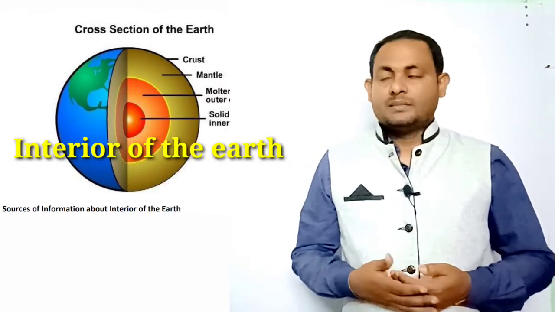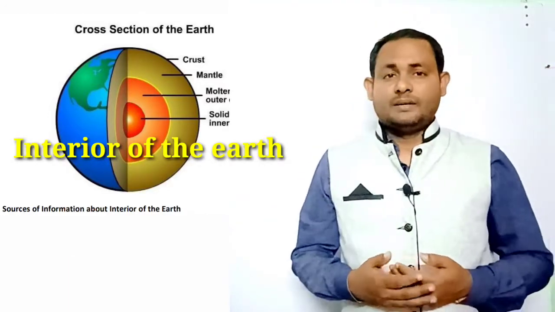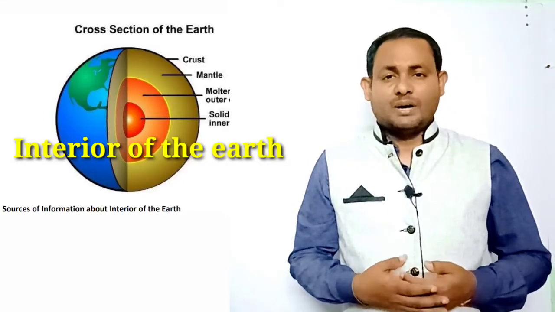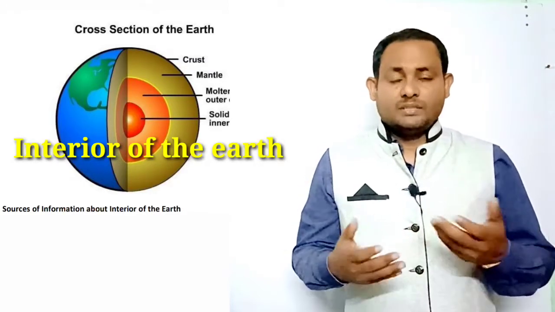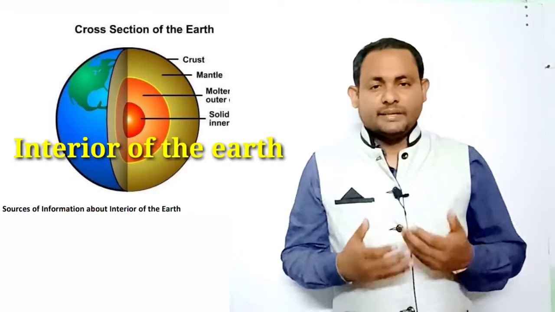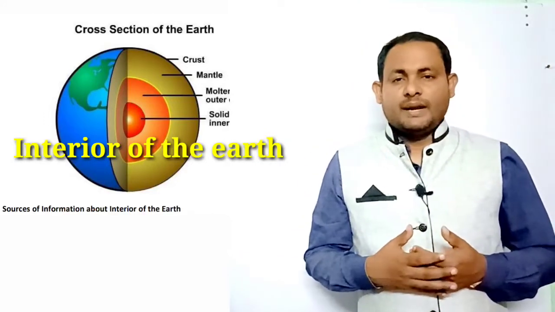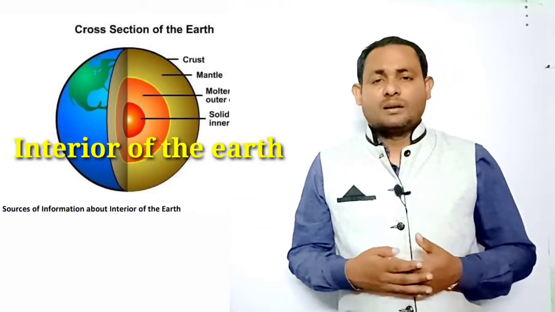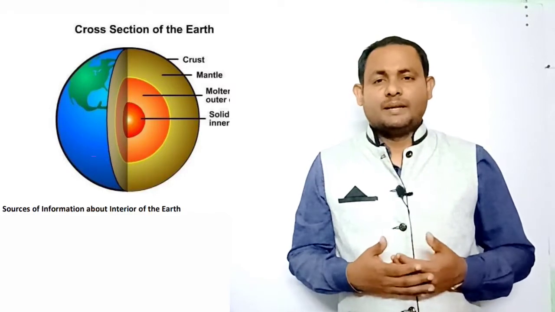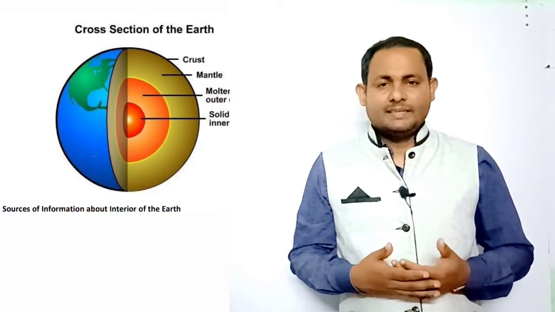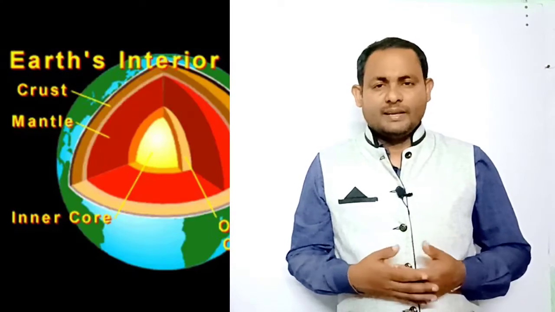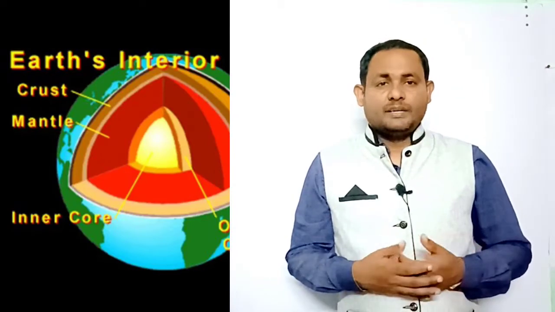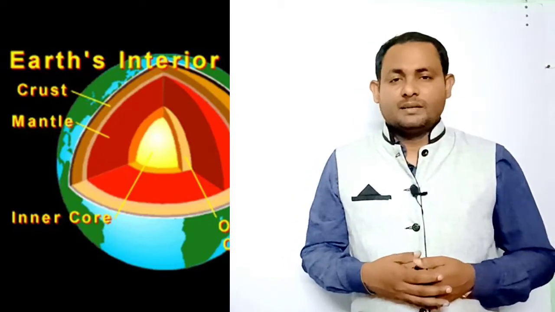So now let's start my topic today: interior of the earth. First of all, the structure and composition of the earth. The interior structure of the earth is made of three main shells: the very thin and brittle crust, the mantle, and the core. Furthermore, the mantle and core are each divided into two parts. The core and mantle are equal in thickness, but the core of the earth only occupies 15% of the earth's volume, whereas the mantle occupies 84% and the crust occupies the remaining 1%.